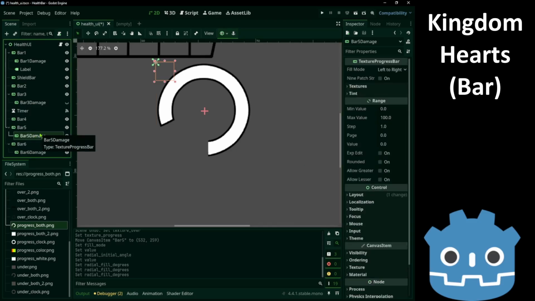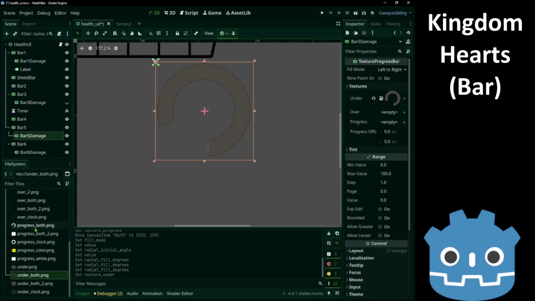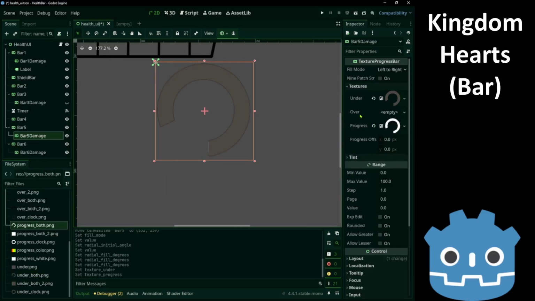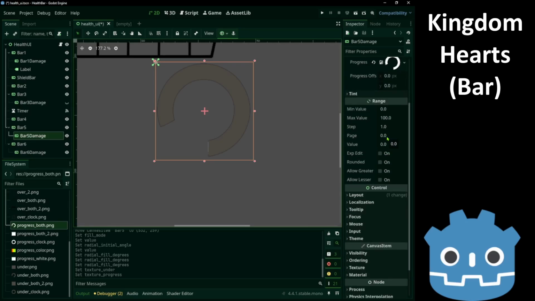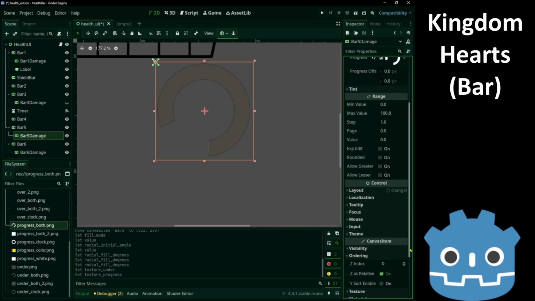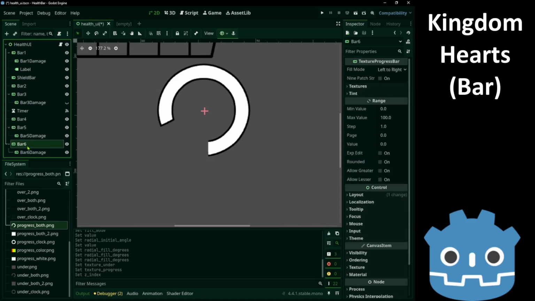Now for bar 5 damage, we'll use the under and the progress. But not the over. And we set the ordering to -1. Now for bar 6, this is gonna be the horizontal one.